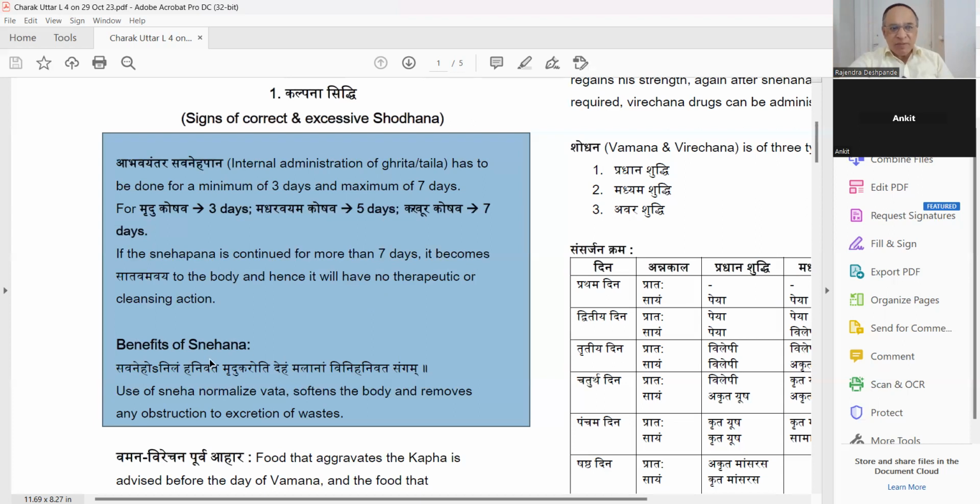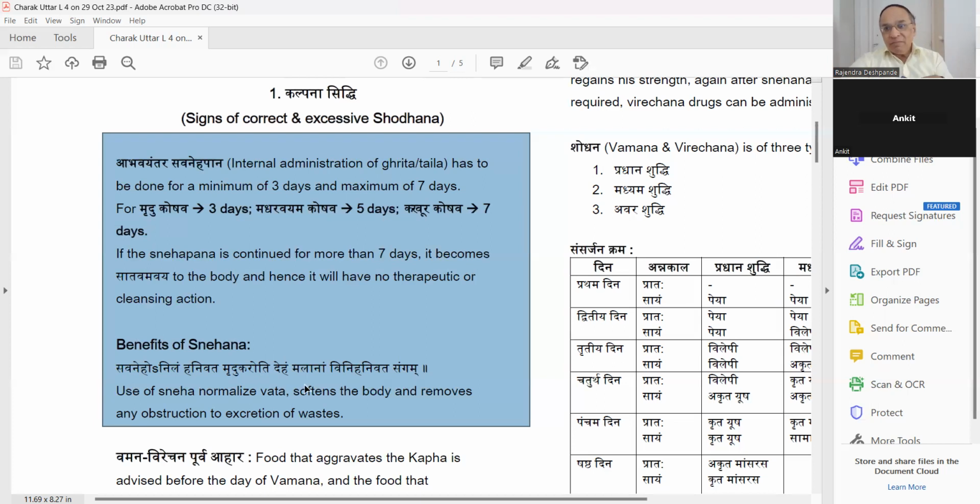So, what are the benefits of Snehapana? Anilam hanti: control of the Vata dosha. Please write down the two words; I am saying them 3 times. Anila is equal to Vata, another name for Vata dosha. But Anala is equal to Pitta or Agni, fire. So don't get confused between Anila and Anala. This is Anila, so Vata control.